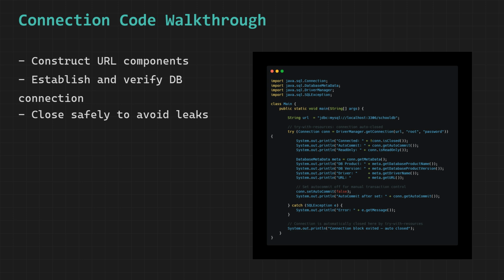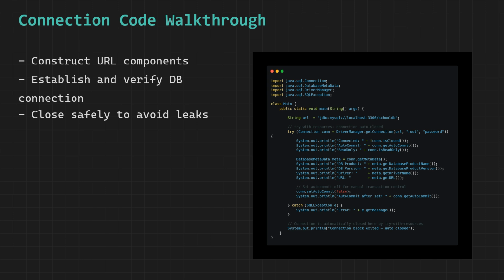If you forget to close a connection, those server-side resources remain occupied even after your Java program has finished using them. Over time, this leads to connection leaks, where the database server runs out of available connections and starts rejecting new ones. This is why you must always close connections when you are done.